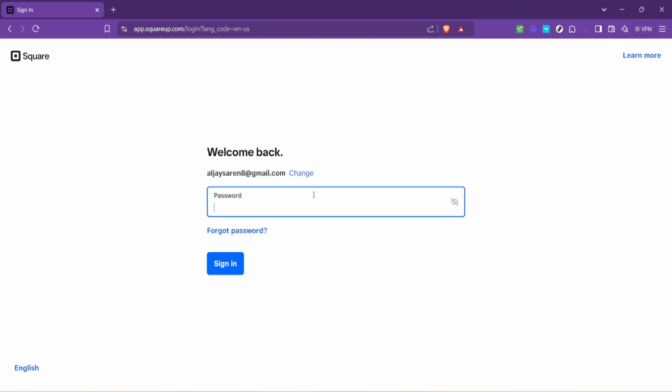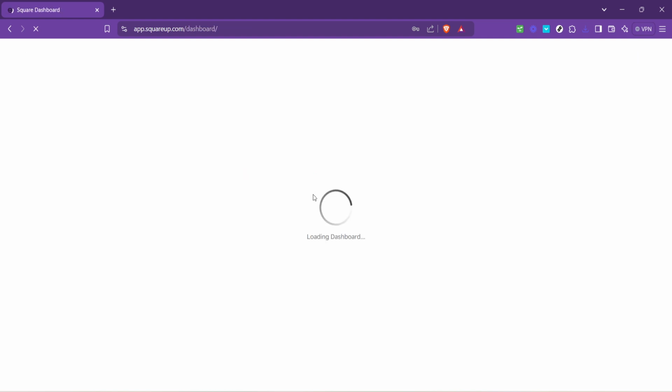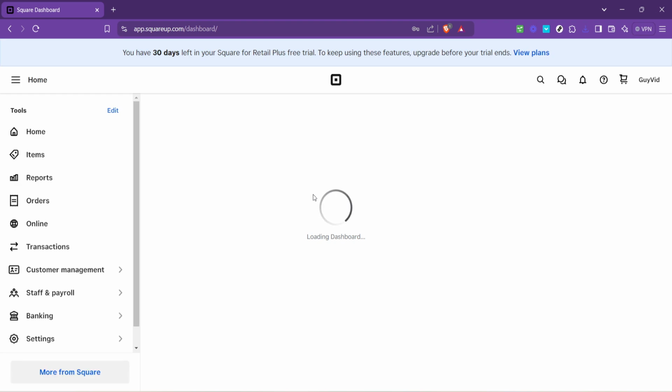Next, it's time to log into your account. Spot the sign in button, typically located at the top right corner of the page. Click on it and get ready to access the heart of your business's operation on Square. Now, the login screen will prompt you to enter your email address. Make sure to type in the email address associated with your Square account accurately. This piece of information acts as your unique identifier, guiding you to the next step of accessing your account.